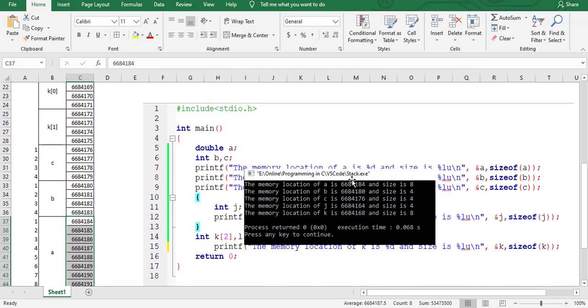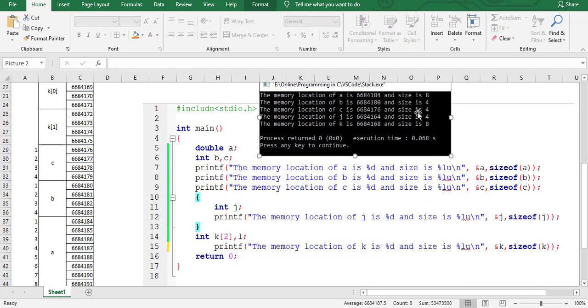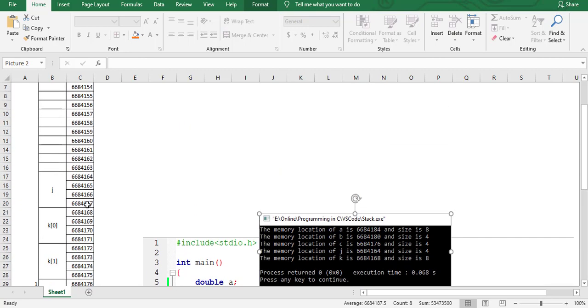Now for C, what is the size of C? C is again integer, size is 4. Now after C, what we have declared is J. Okay, so we'll just ignore this. J has an address of 64. It is somewhere else. So let's say 64. So that also I have marked 64, 65, 66, 67 because it has 4 size. So 1, 2, 3, 4. 4 of these I am using and I am assigning for J. So whatever value of J will be stored in this location.